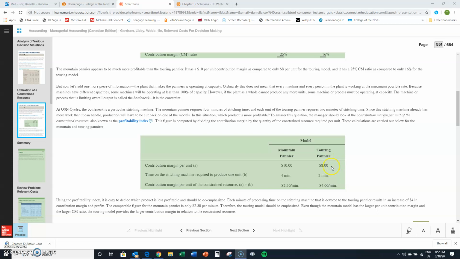Whereas here, it has a lower contribution margin per unit, but it only takes two minutes on the machine. And the machine, again, is where the constraint is taking place. So that means for every minute, it's earning $4 in contribution margin. So now, because of the less time this takes on the machine that's causing the constraint, this